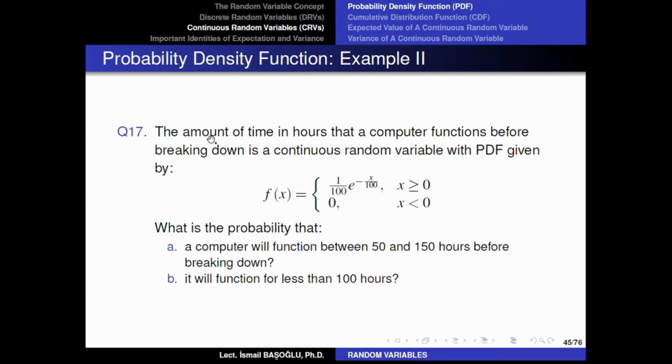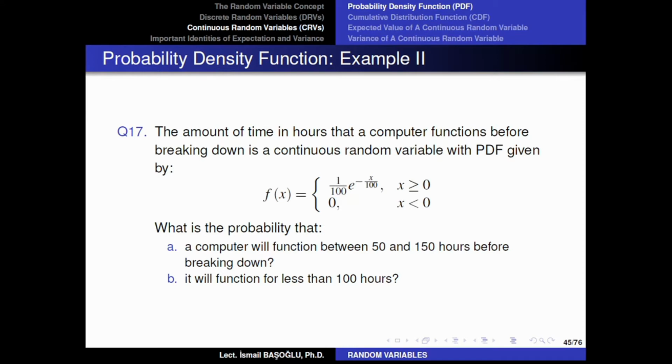Again, there is a random amount of time in hours which represents the amount of time in hours that the computer functions before breaking down, the time that it works perfectly until the first breakdown. Obviously, again, we are talking about the amount of time here, and it is a measurable amount. It is going to be represented by a continuous random variable. So when you experiment on this, you are going to see eventually how much time that it is going to work. However, at this point, you should say that it is a random amount of time.